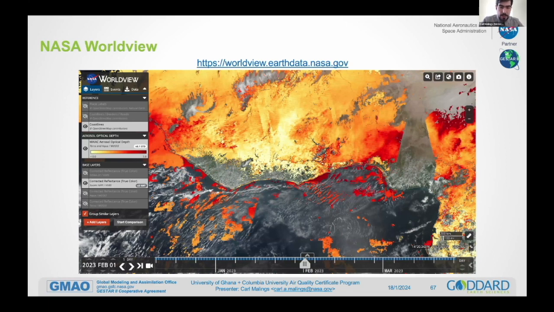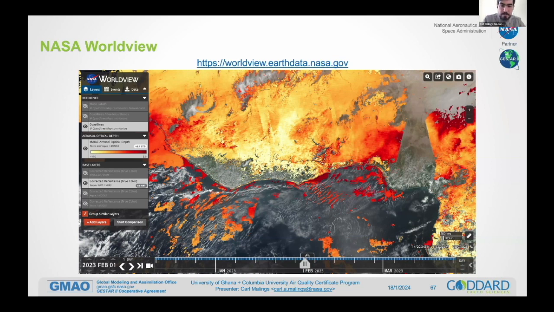But this is really a tool for fairly easily visualizing different satellite data products. For example, here I've brought up the MAIAC aerosol optical depth data product, which I mentioned, and I'm just visualizing the MAIAC data product for a specific day using the slider at the bottom to select my time, and then navigating as you would in any kind of map software or map app to a specific location. So this is, again, a pretty easy, straightforward user interface for